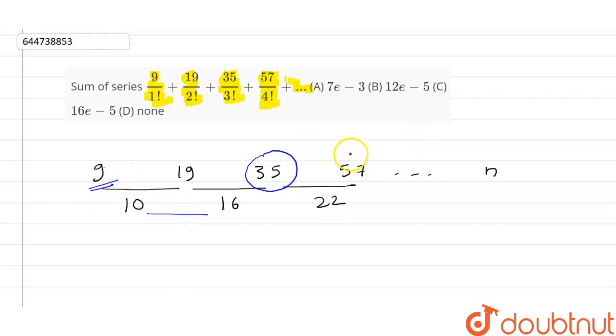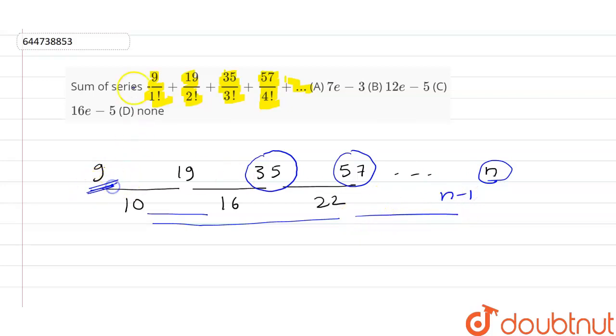Similarly, if we have to find the fourth term, we have to add these three terms, and in that we have to add 9. Similarly, if we have to find the nth term, we have to add n minus 1 terms of these, and in that we have to add 9. So our Tn can be written as 9 plus